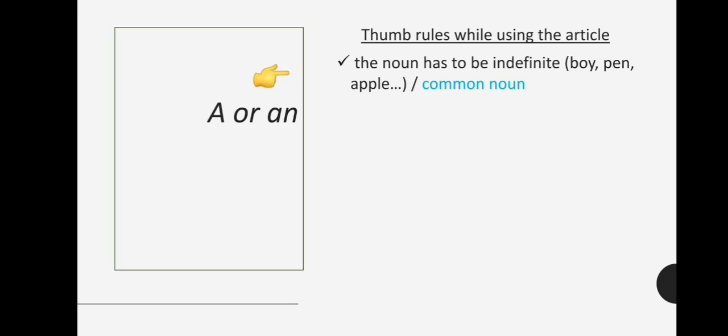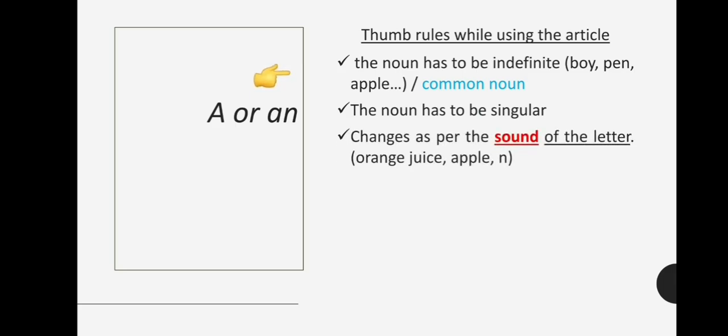They all are nouns. When you say a boy, it can be any boy. When you talk about a pen, it can be any pen, because no name or color has been specified. Similarly, it goes with an apple and other objects you want to use. You can use a. Next, the noun has to be singular. Again, it is repeated: it has to be singular. Some of these points are going to be repeated throughout the session so that it gets hammered into your brain where to use a and an and where to use the.